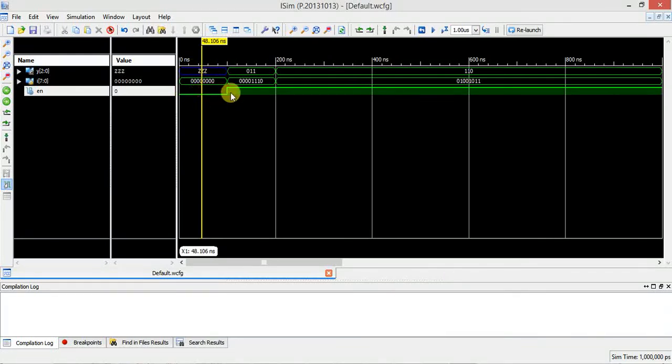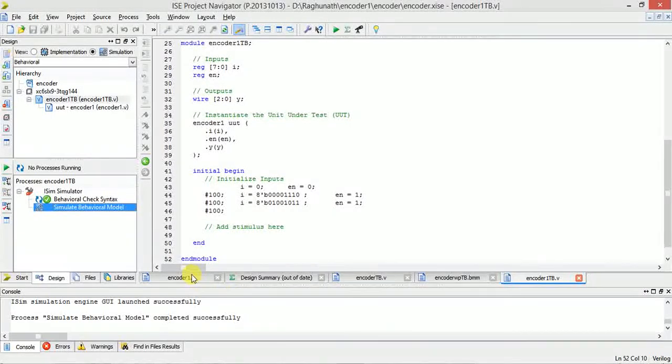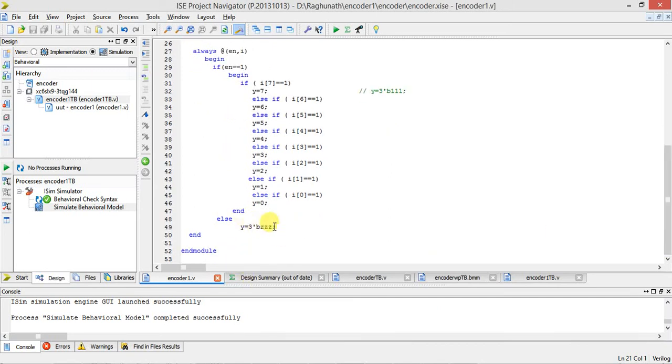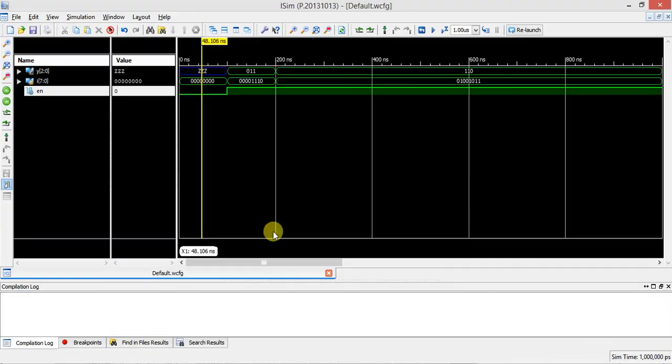The reason is, in the program, if enable is equal to 1, perform this: execute begin to end. Otherwise the else part is executed, which is 3'bZZZ. So it's coming ZZZ.